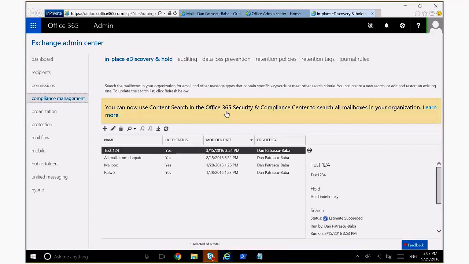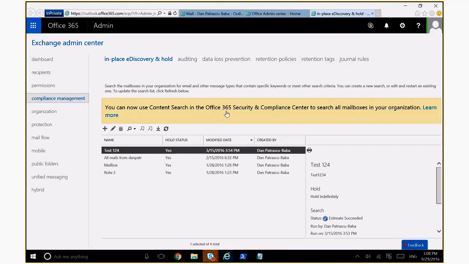So when those cases arise, then as an Exchange admin, you know that it's time to use this feature, which is in-place hold. But before you can use it, as a first step before any case for litigation arises, it is important for us as admins to plan exactly the compliance features that our company would use, based, of course, on the requirements of the company itself. And in this case, we would first have to decide, okay, will we use in-place hold when we have to, or will we use